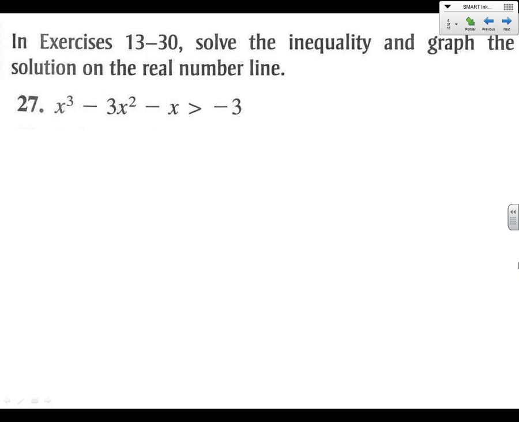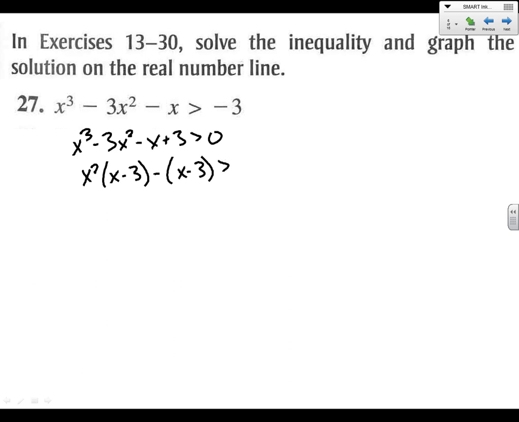Problem 27. All right, let's check the answer here. X cubed minus 3x squared minus x plus 3. We'll factor this by grouping. Remember that there's a 1 out here, so we can say x squared minus 1, x minus 3. So x minus 1, x plus 1,